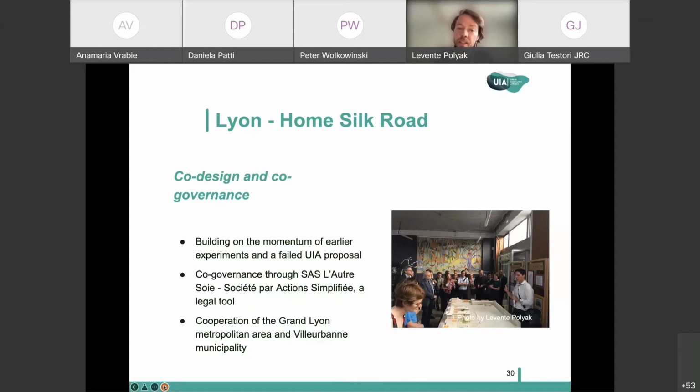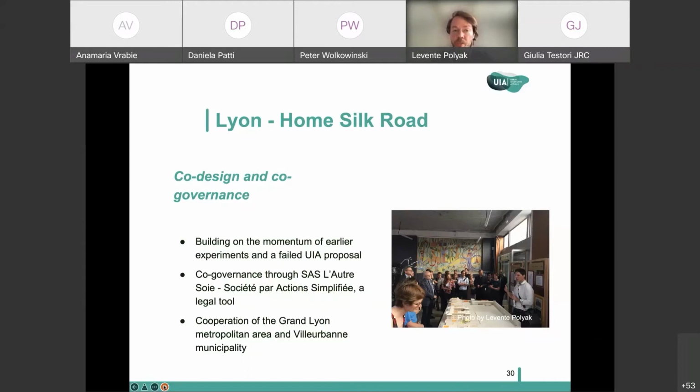But also it was building on a failed UIA proposal that already brought together a partnership. So having these partners already around and having already understood a little bit what it means to work together, this actually really allowed the co-design of the proposal of Home Silk Road in a more efficient and more engaged